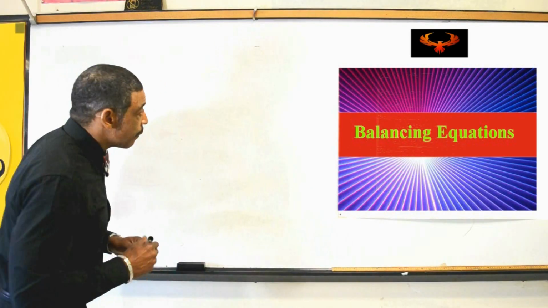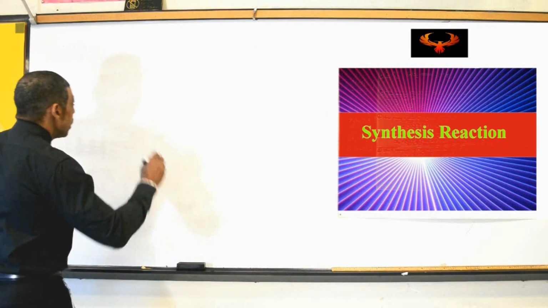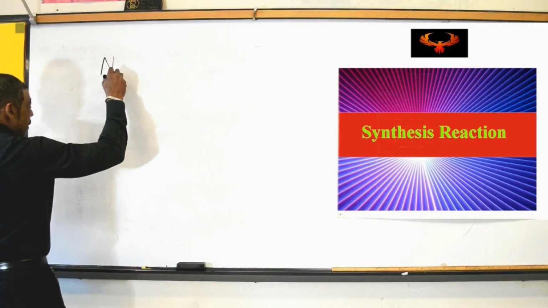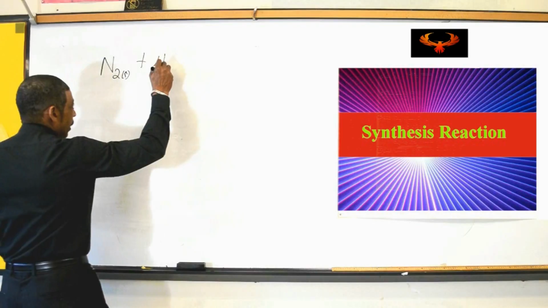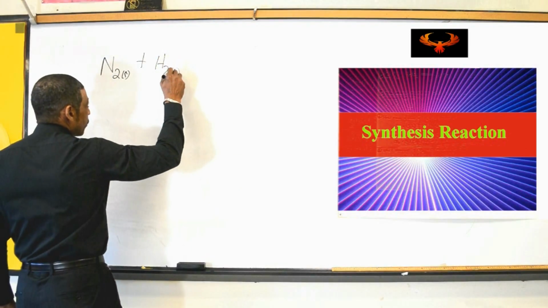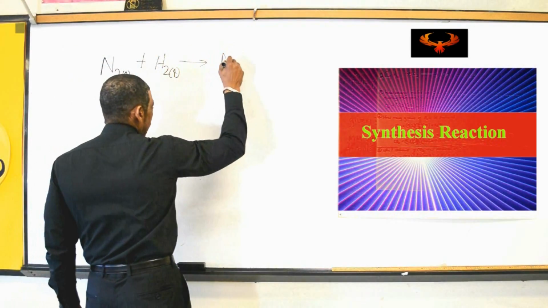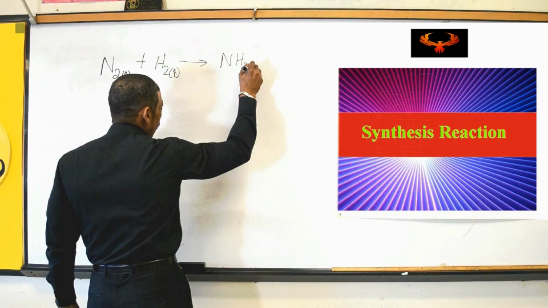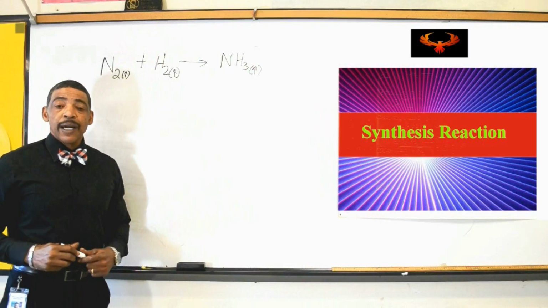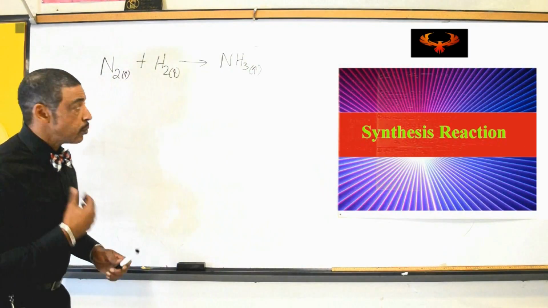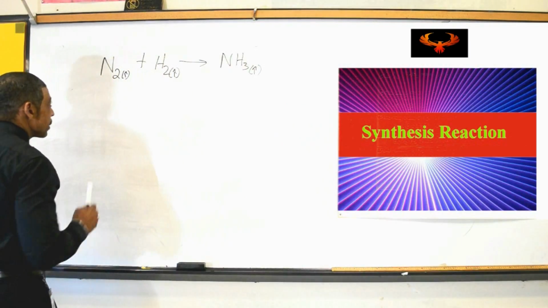Let's begin with a very simple equation where nitrogen gas, N2, reacts with hydrogen gas, H2, to produce NH3, which is also a gas. So, when balancing equations, it's always best to begin with the first element in the equation, which will